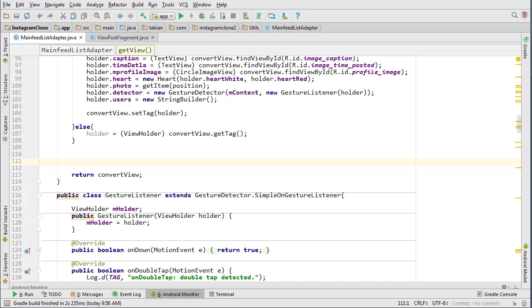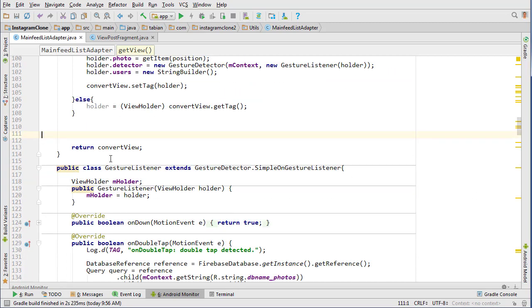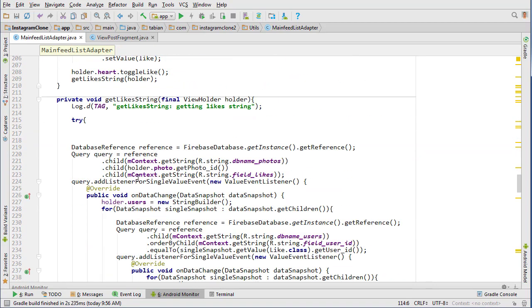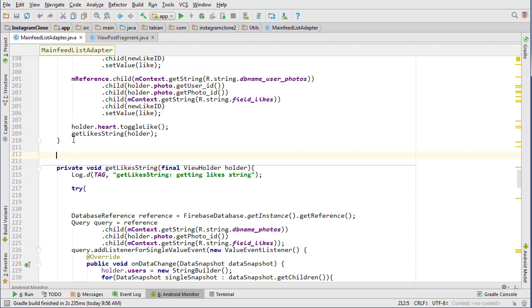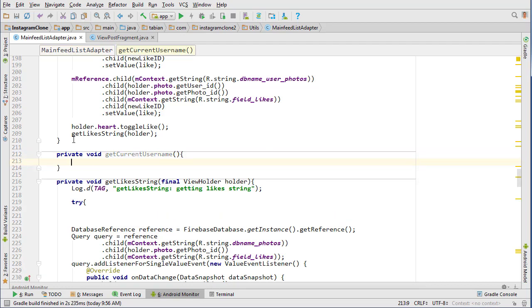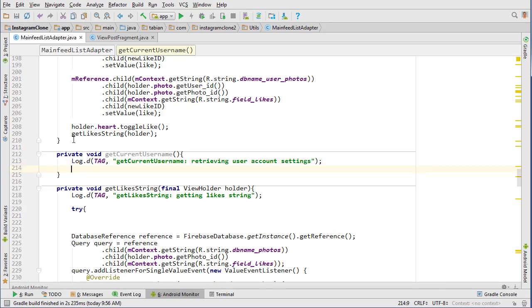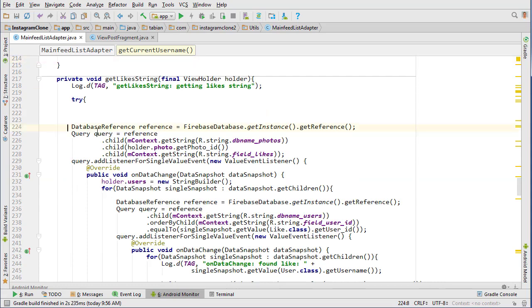Okay, still carrying on with our list adapter class. The next method we're going to build is the get username method, and that's going to be for exactly what it sounds like, getting the username. So, get current username, retrieving user account settings, and we're going to need a query for this,